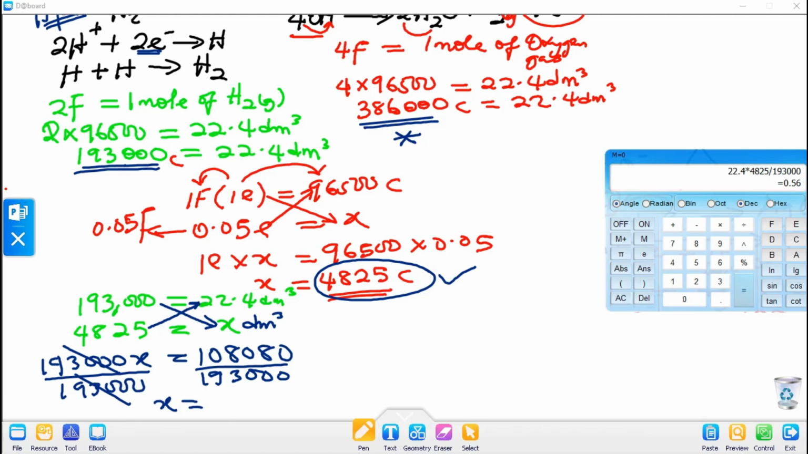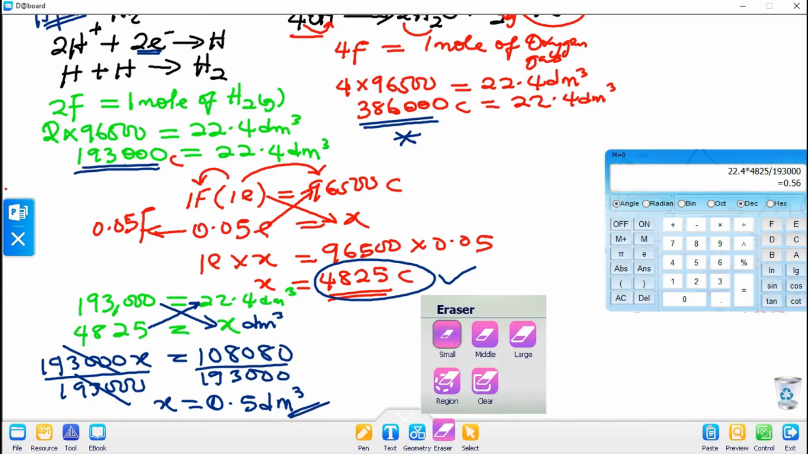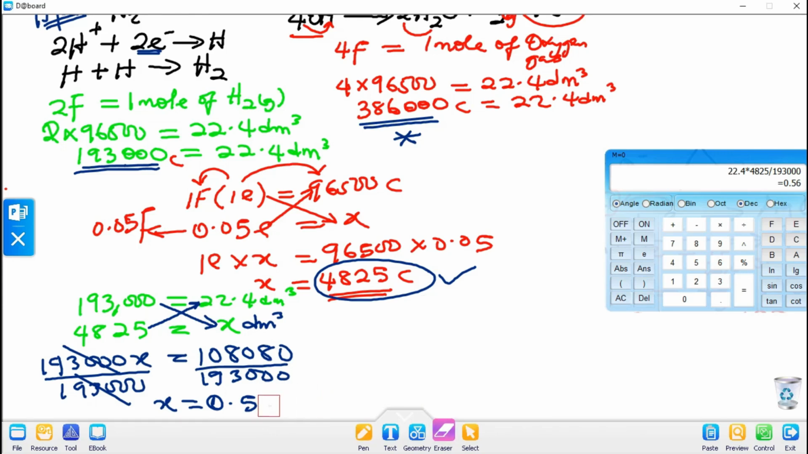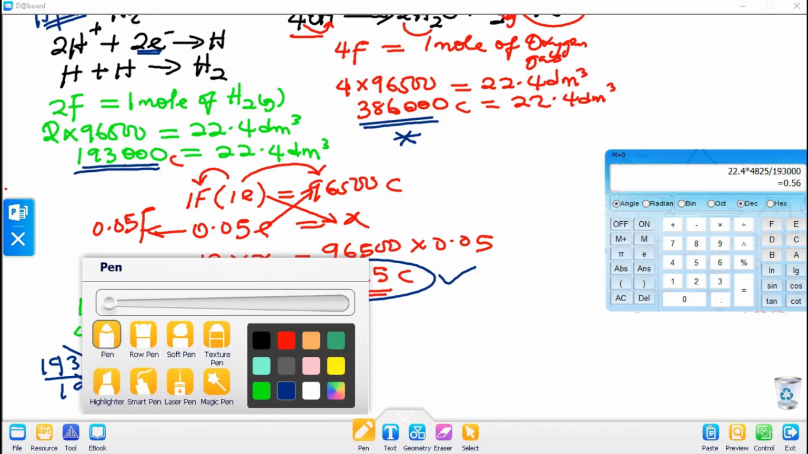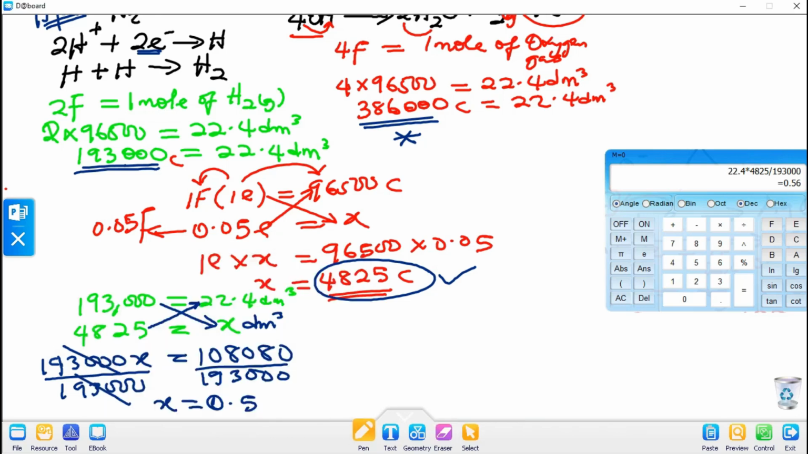Our answer is 0.56 dm cube. That's as simple as that. So our x is 0.56 dm cube. So the volume of hydrogen that will be produced at the cathode by this